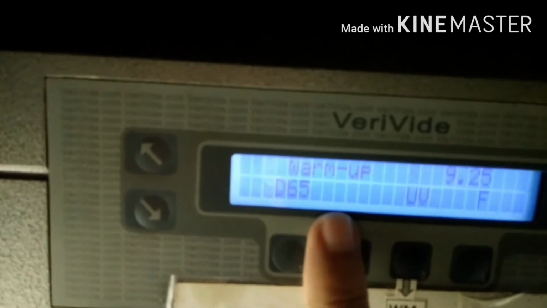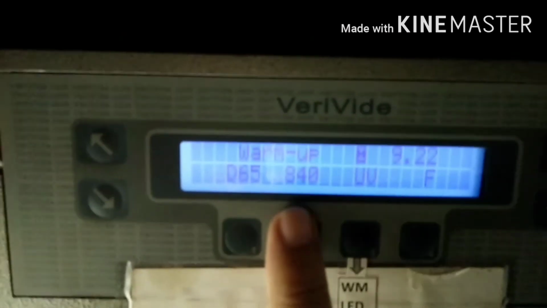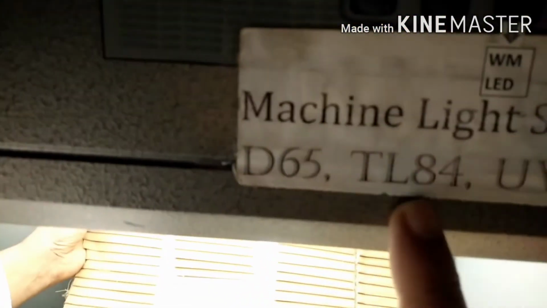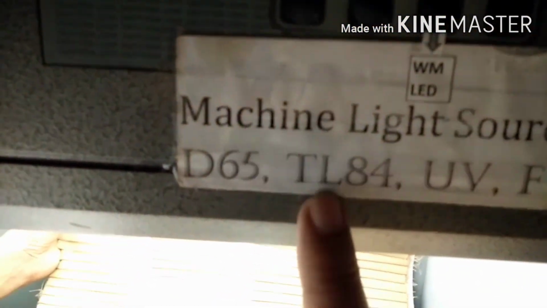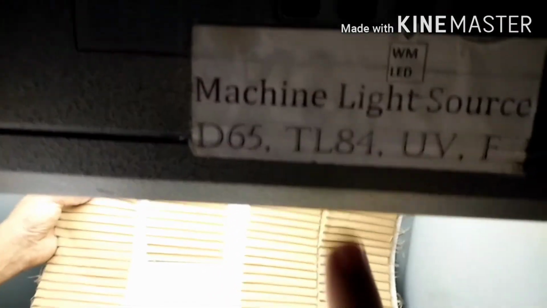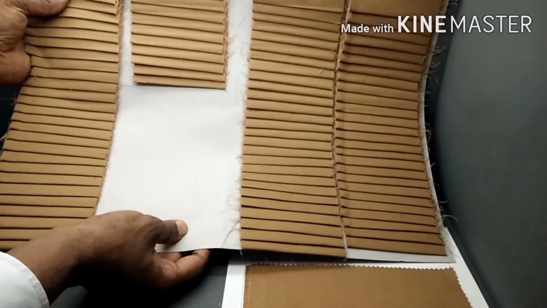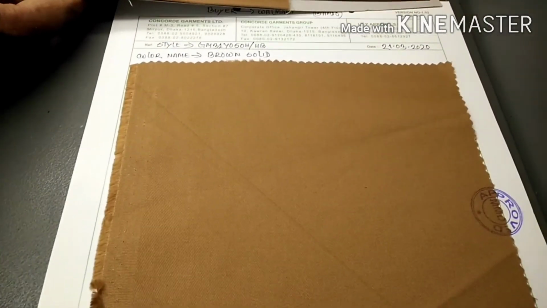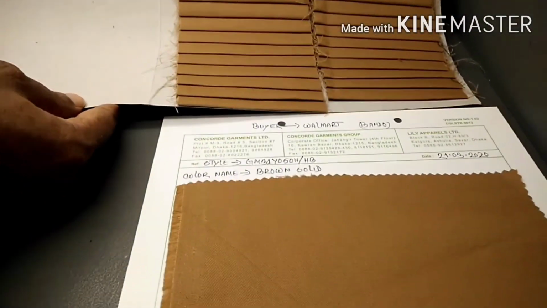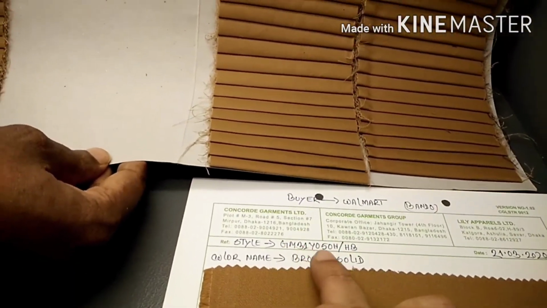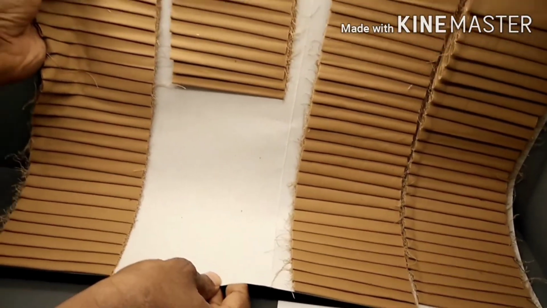And now I have to show you this one, TL84. I told you earlier it is store light. If you see any difference in the fabric shade, then when it is shipped out to the store and they place the garments, what will the shade be? If you get it different here, you can easily identify whether it will be noticeable or not after shipment.